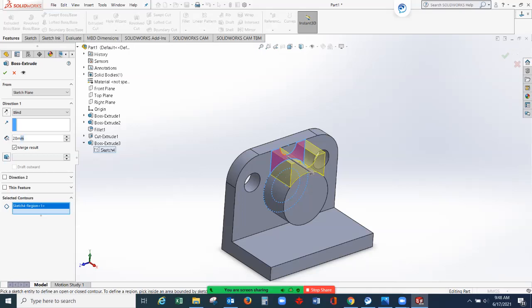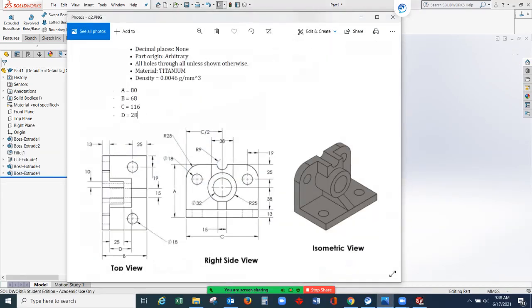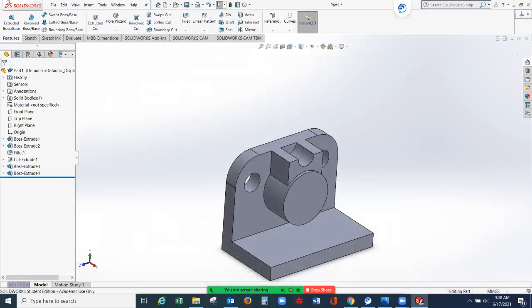Instead of 28, the given problem it is 25 millimeters. Select this green check mark, and that's it. So from here we have an extruded cut portion. So it is extruded all throughout, and we have a through hole here on the middle.